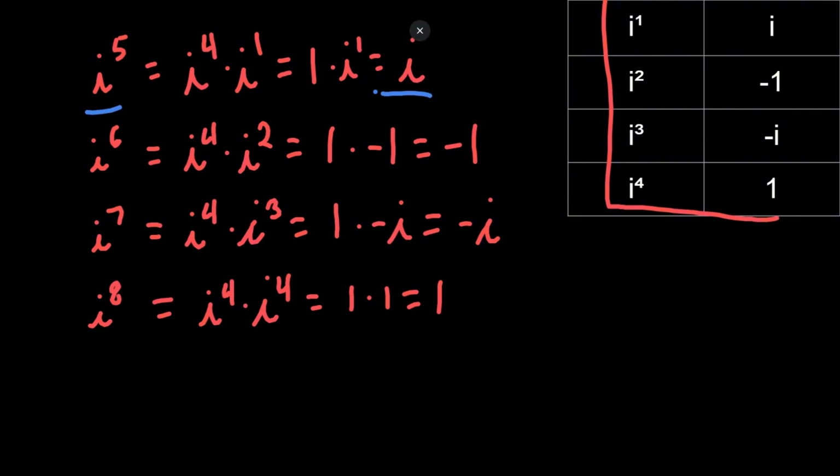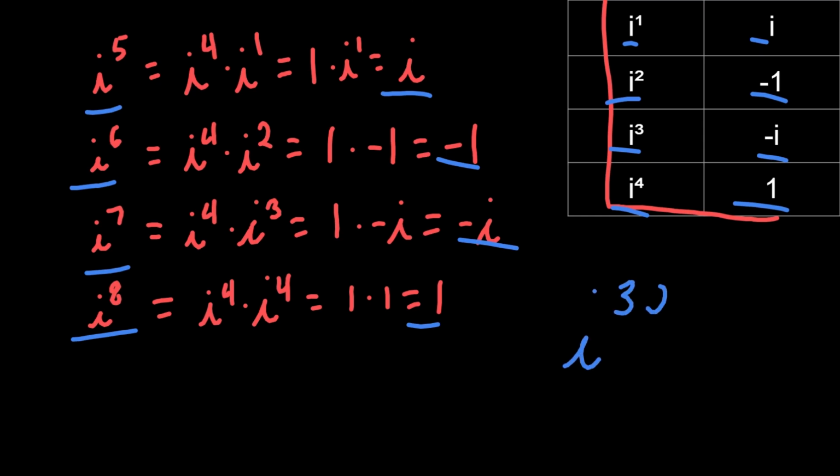i to the 5th is i. i to the 1st is i. i to the 6th is -1. i squared is -1. i to the 7th is -i. i to the 3rd is -i. i to the 8th is 1, and i to the 4th is just 1. So with each one of these, it's circular, I guess you could say. And you can figure it out by dividing whatever number it may be. If it's i to the 303rd, we can divide that number by 4 and we can find what number this